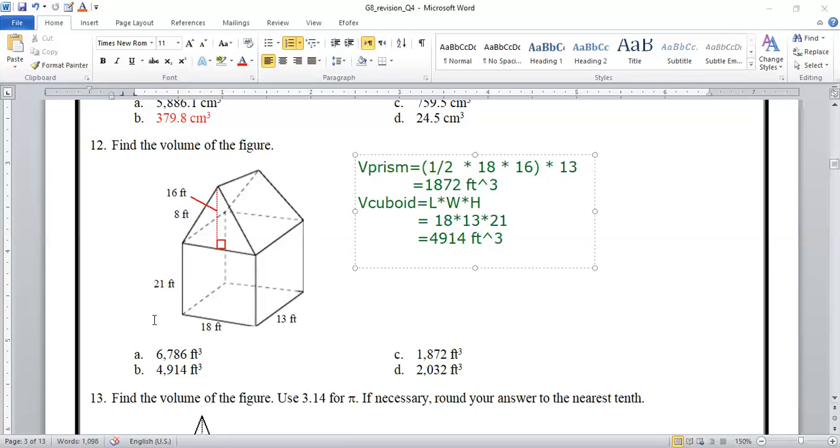The total volume of the figure, V total,